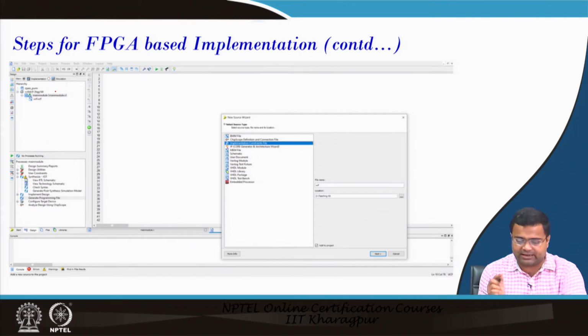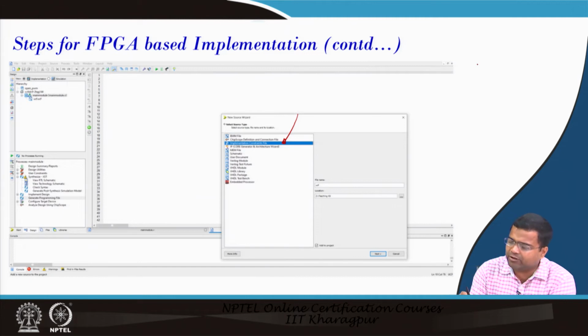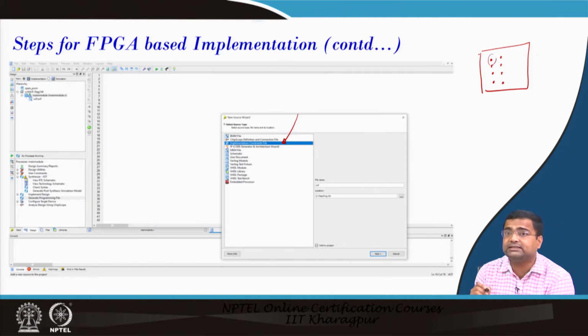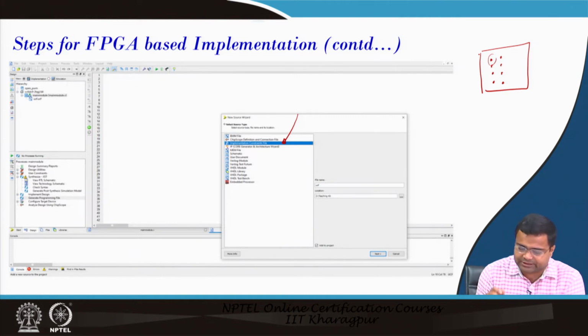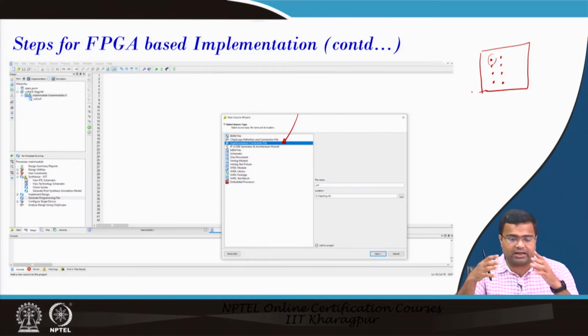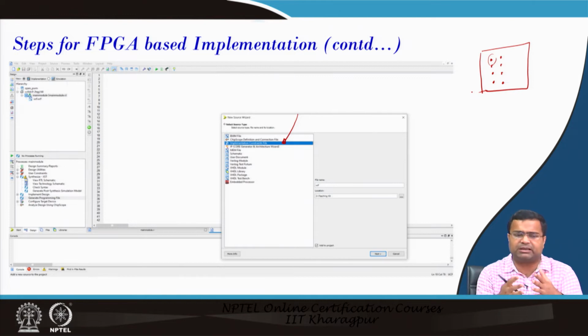Since we are going to implement it, we have to use an implementation constraint file, because in an FPGA there are a lot of digital pins, and every pin should have its own address, otherwise it will not be unique and you cannot identify it. So with this UCF file, the user constraint file, that is the implementation file, the job of this file is to indicate this, because whenever a vendor, maybe like Xilinx, commercializes this FPGA, or any other third party makes the kit,